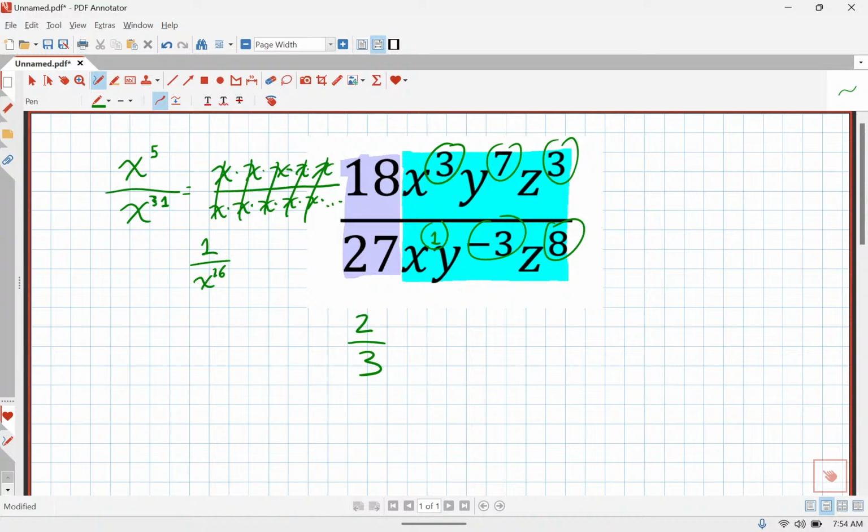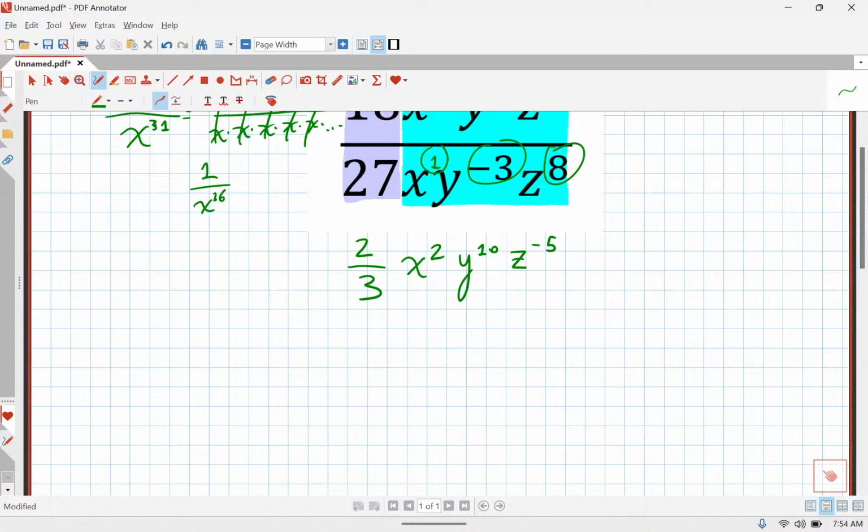So what did I do with 31 and 5 to get 26? What's a faster way to do that? That's right. So we take the top number and we subtract the bottom number. So this becomes 3 minus 1 is 2. 7 minus negative 3 is 10. And then 3 minus 8 is negative 5. Now that's great. That was enough for a level 3, but to get your 4 on that skill check,